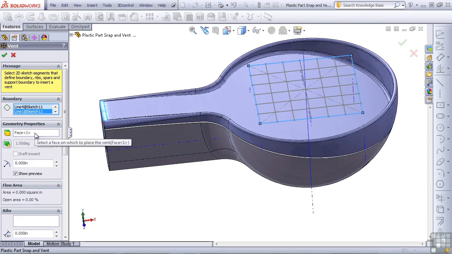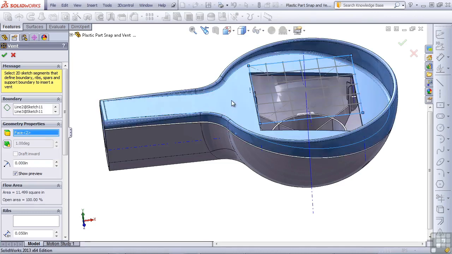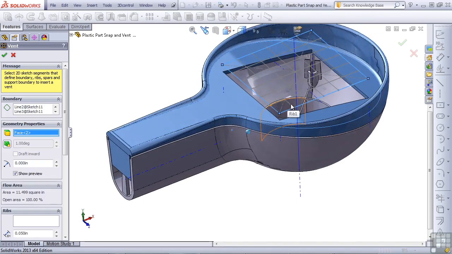Under the geometry properties, the face to be selected is currently showing the sketch face, which is incorrect. We want to pick on this face of the model. Don't let the preview disturb you. We will set up the rest of the features so that the spars and ribs fill in the grid within